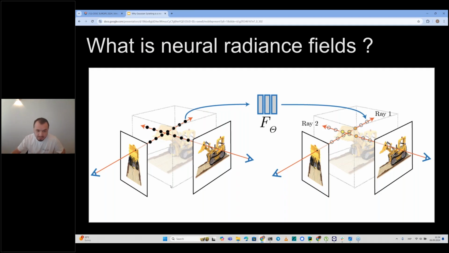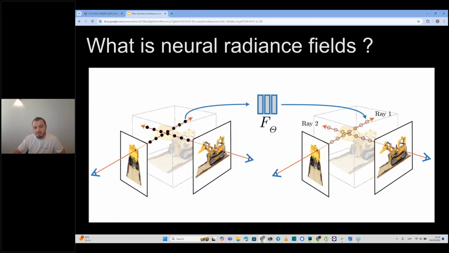So if we have two images from different points of view, and we know from which point of view these images have been captured, we can estimate the trajectory of light beams that projected on these pixels.